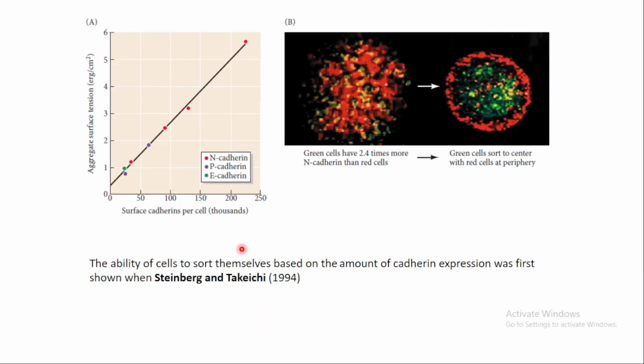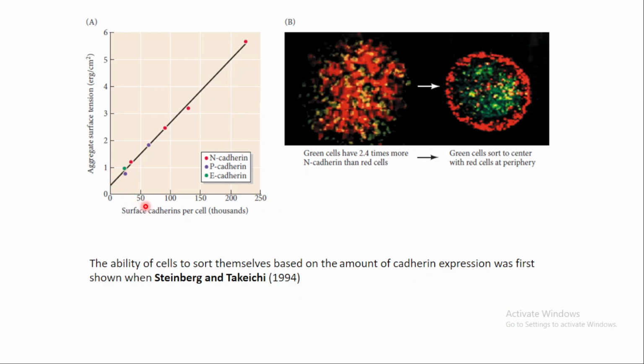Let us see this famous experiment by Steinberg and Takeichi, who showed the ability of cells to sort themselves based on the amount of cadherin expression. In this graph you see aggregate surface tension and surface cadherins per cell. It's a direct answer to this question. We have different kinds of cadherin: N-cadherin, P-cadherin and E-cadherin. If you follow just the N-cadherin, the red dots here,